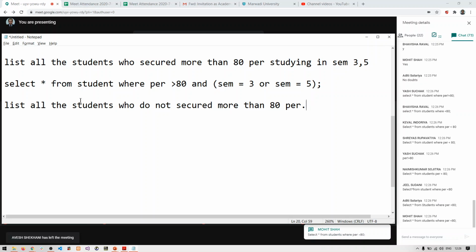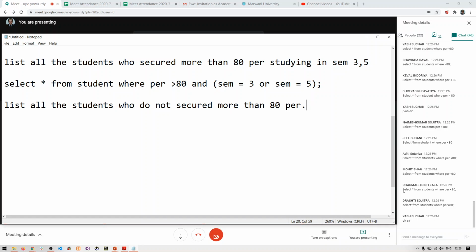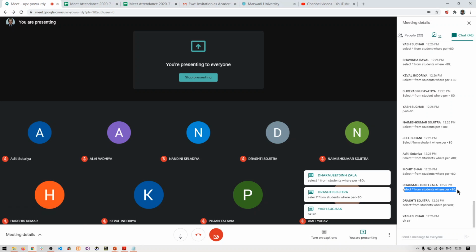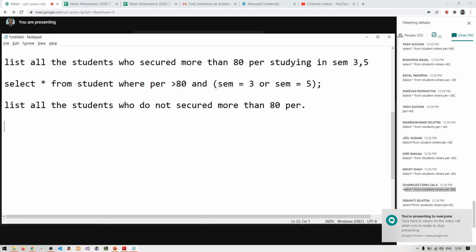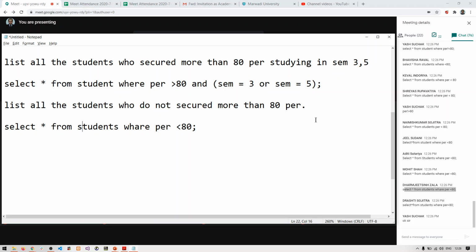Okay, Yash? Right, so whatever answer you have written is like this. Let me copy one of the answers from you and paste it here. You wrote select star from student where percentage is less than or equals to 80, because the condition is more than 80.